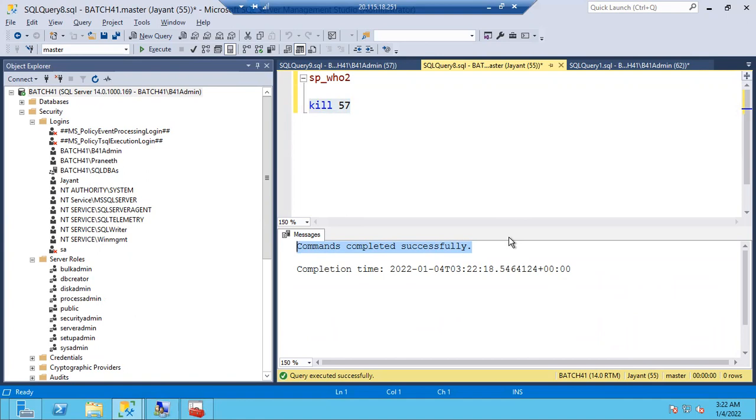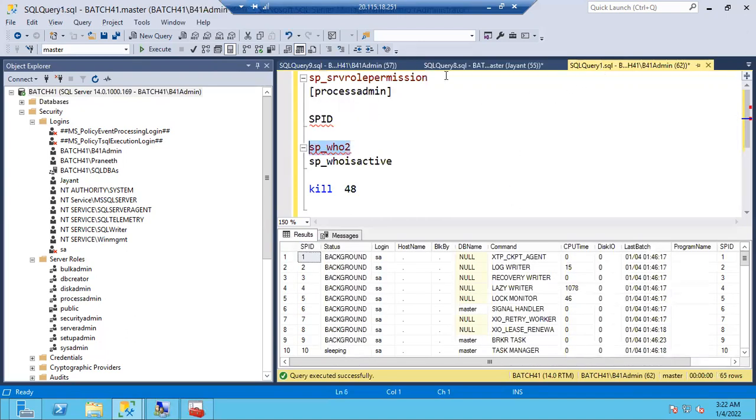Okay, clear? Is it clear how to give permissions? In which scenario do we have to kill? I'll tell you in the performance tuning concept. Just now I explained why we are going to use kill and all. In the performance tuning, I'll explain completely. Okay. Chalo, let's complete all the server roles quickly.